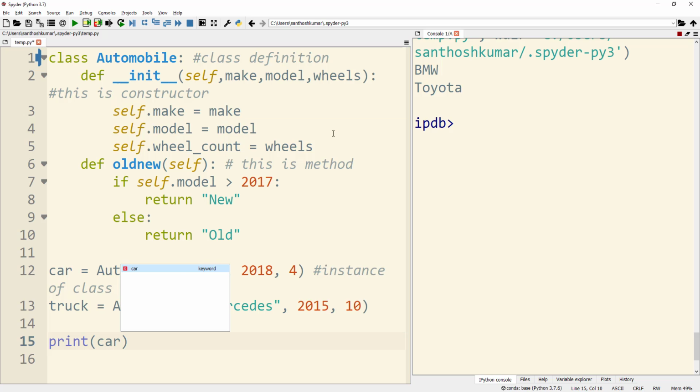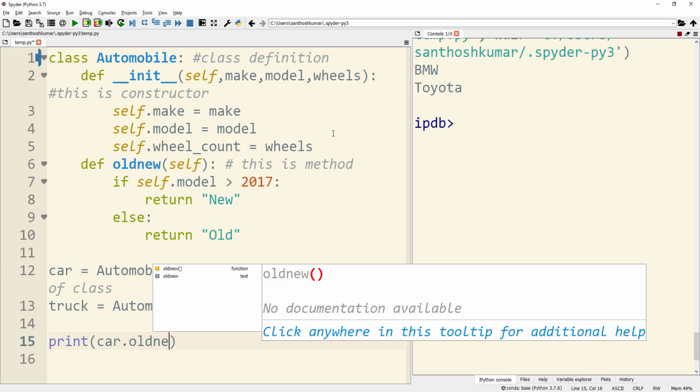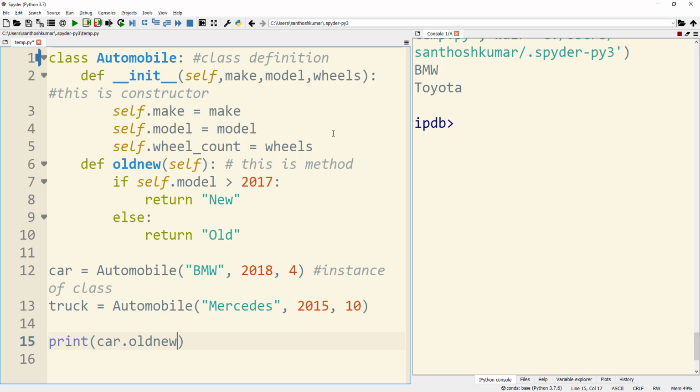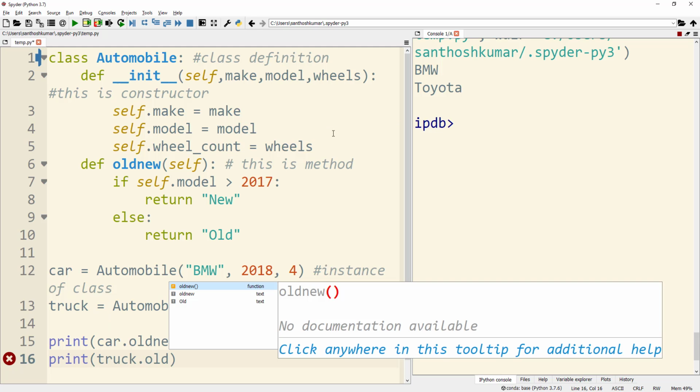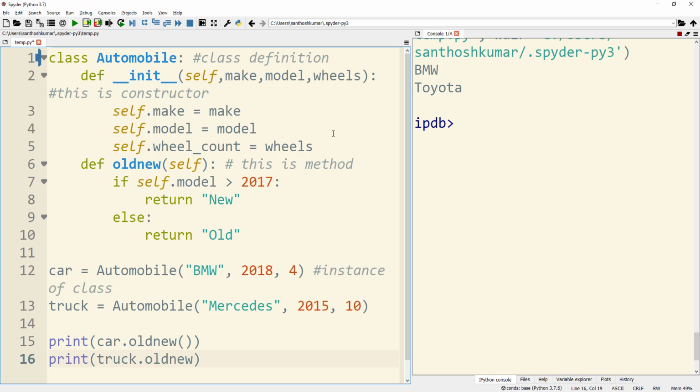As you see in line number 12 and 13, we have already assigned values to the arguments passed as arguments. So in line number 15, I am printing the object name, which is car, and then I am referring to the method name, which is old new. In line number 16, in the same way I am referring to the method old new for the truck object.